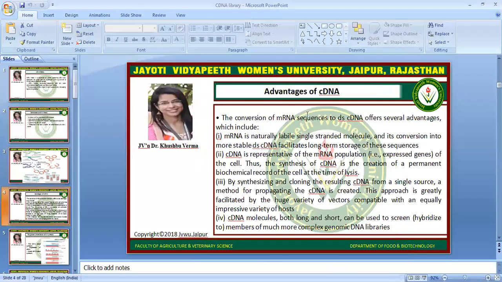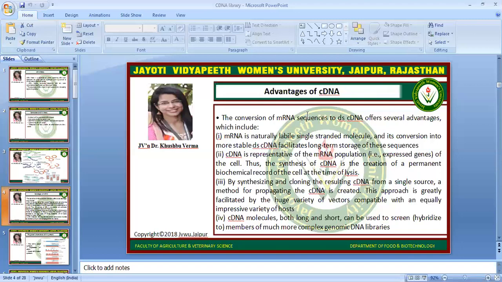Now we can discuss the advantages of cDNA. The conversion of messenger RNA sequences to double-stranded cDNA offers several advantages, including that messenger RNA is a naturally labile single-stranded molecule, and its conversion into more stable double-stranded cDNA facilitates long-term storage of these sequences. cDNA is representative of the messenger RNA population, meaning the expressed genes of the cell. Thus, the synthesis of cDNA is the creation of a permanent biochemical record of the cell at the time of